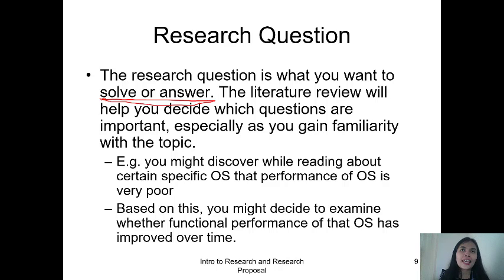In order to get the answer of why the moon is round, you go and find the literature review to help you gain the answer to this research question. However, I won't suggest you use that kind of research question for your research proposal. It needs to be something that you are familiar with, or something that you can actually do within a certain period of time. Okay?